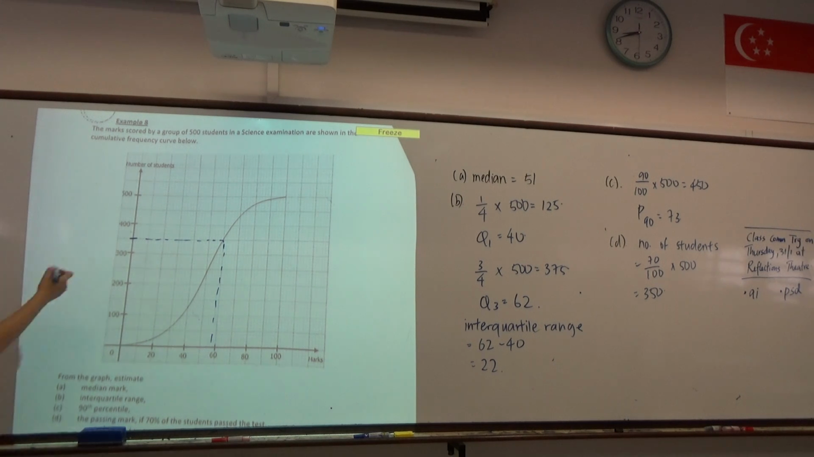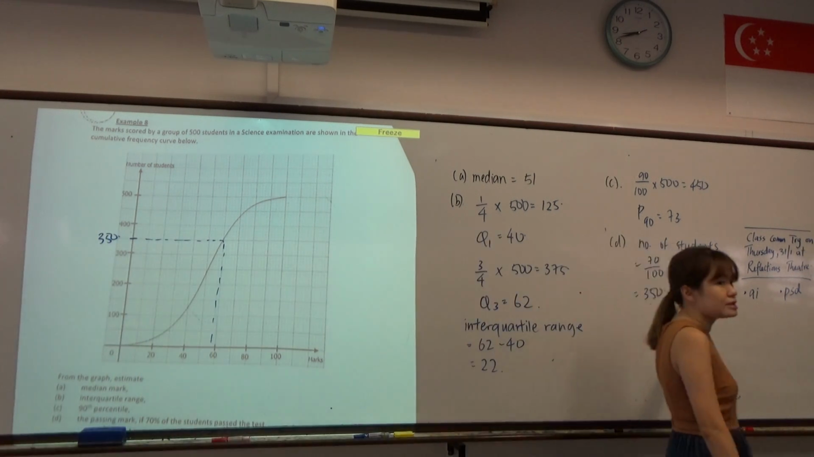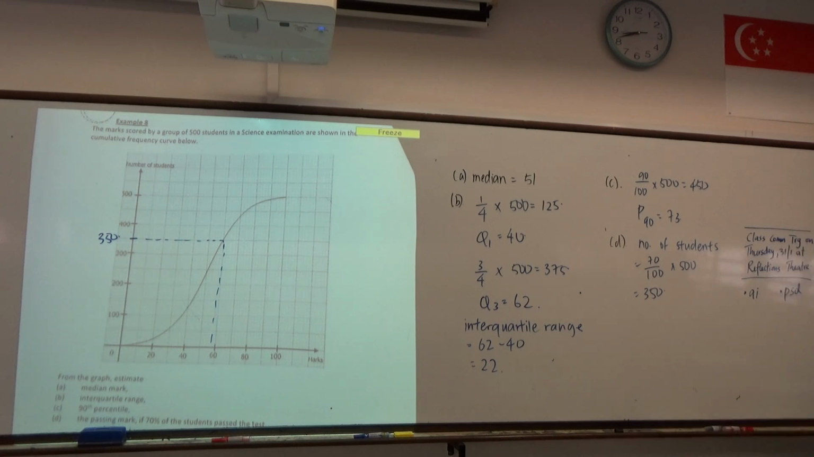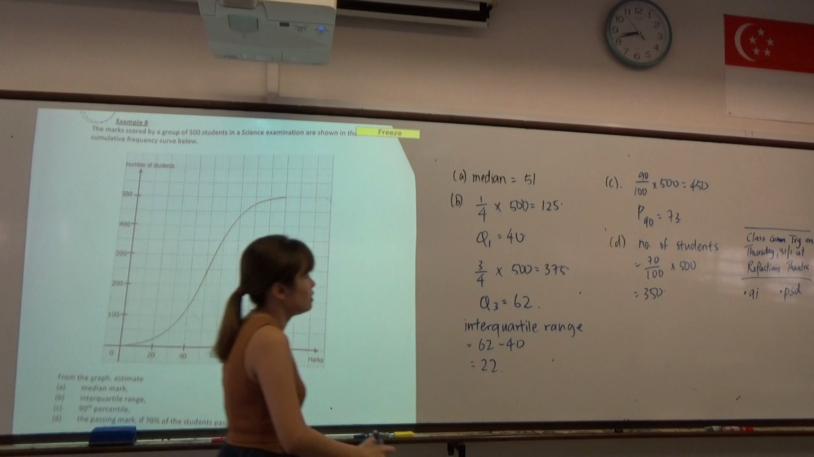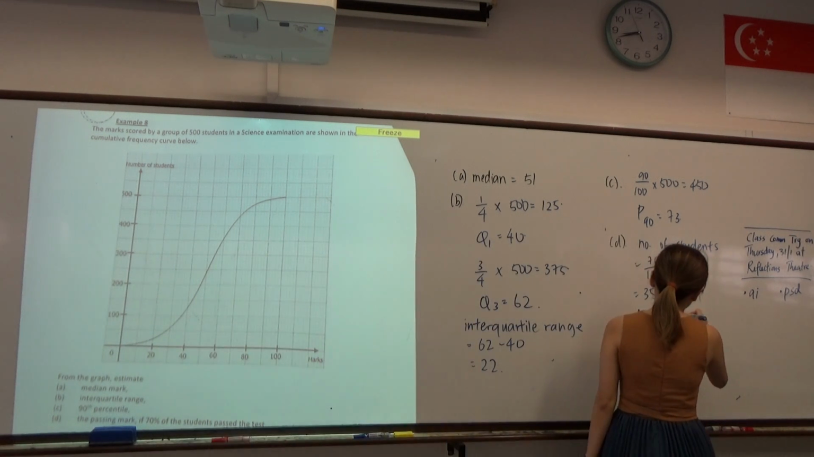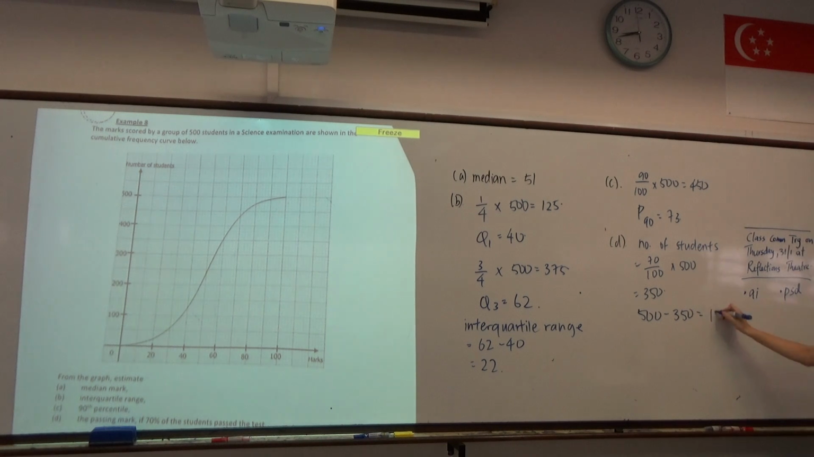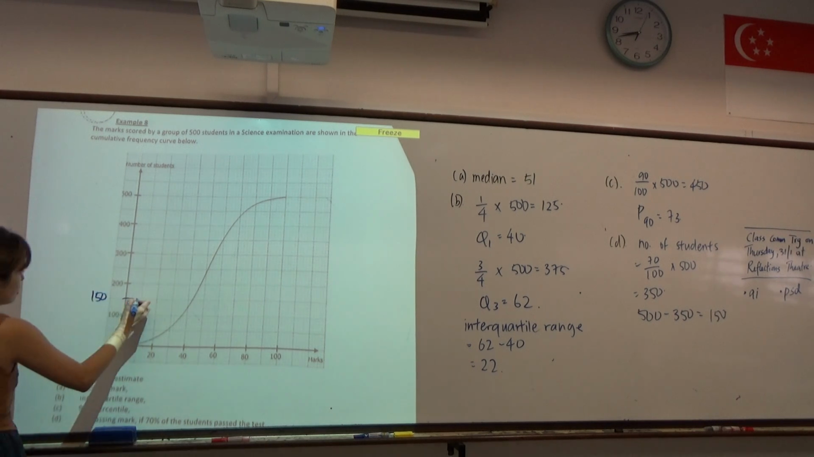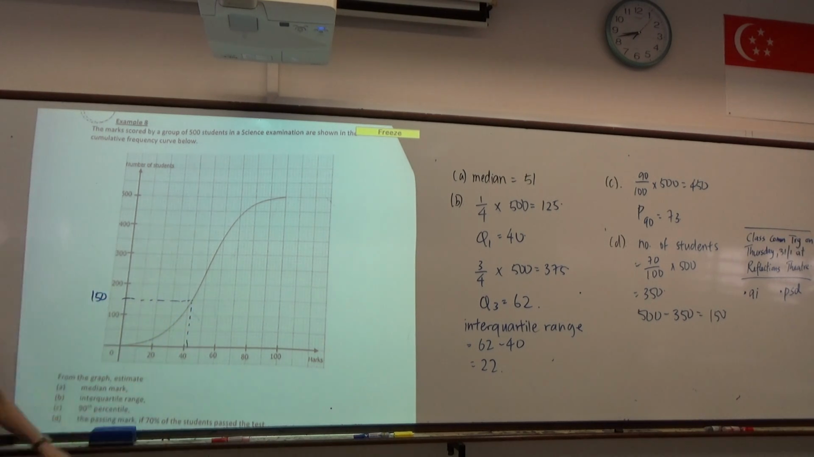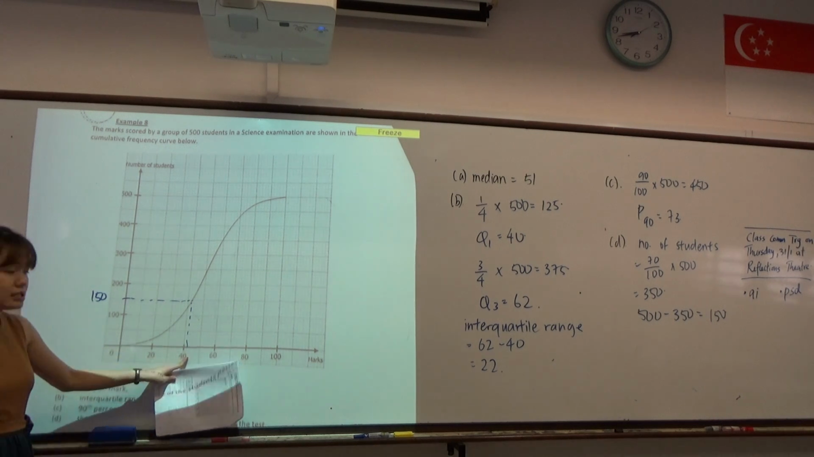350 is over here. How this graph is meant to be read is that 350 students got 60 or less. But in order to pass the subject, it is 350 students getting a certain mark or more. That's the idea of passing. So we should not be reading where 350 is. We need to find the reverse, 500 minus 350. So that means 150 students failed the test. So we look at where 150 is, and then we'll be able to tell where the passing mark is, because this will mean that